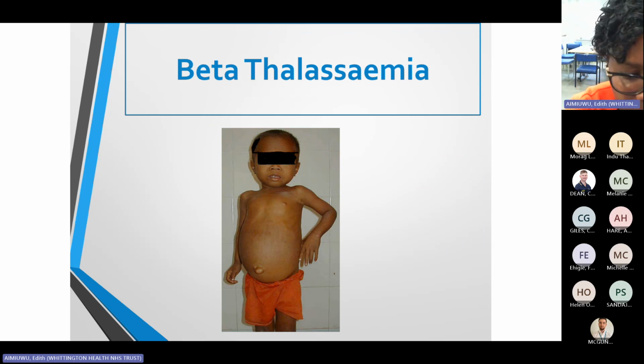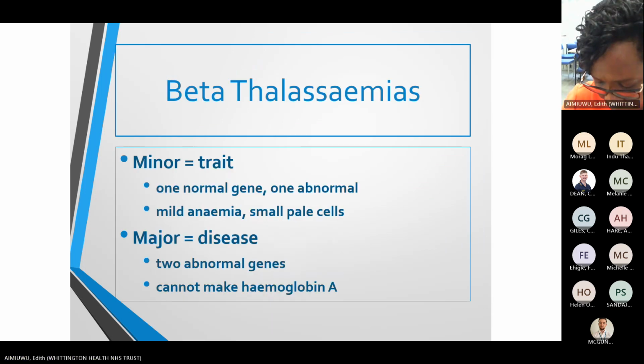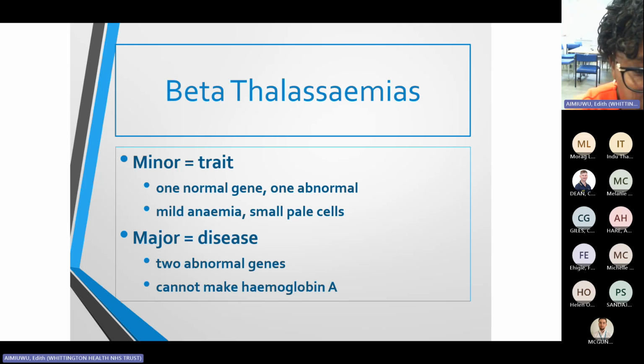Beta thalassemia. You have what used to be referred to as the minor, which is the trait. Now I think they classify everything as whether you are transfusion dependent or non-transfusion dependent, but I'll refer to it here as minor, which is the trait, which is 1 normal gene inherited and 1 abnormal gene. Usually they have mild anemia, their cells are smaller